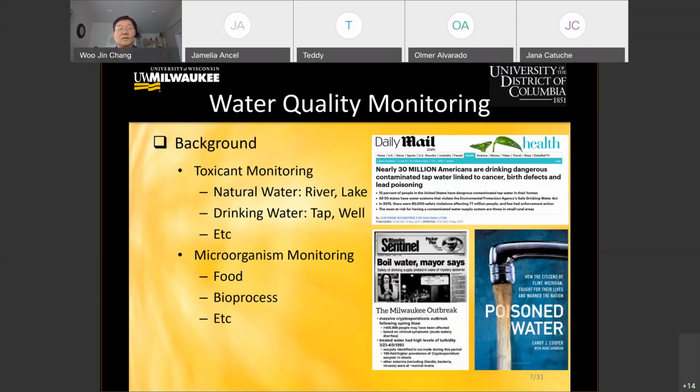I don't know, some of you may use tap water, like municipal water, and some will use water from a well. And I don't know how frequently you are checking the quality of your water. So I'm just expecting not many people do that because